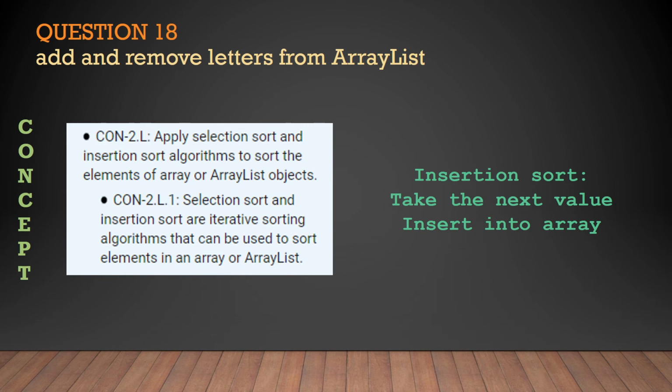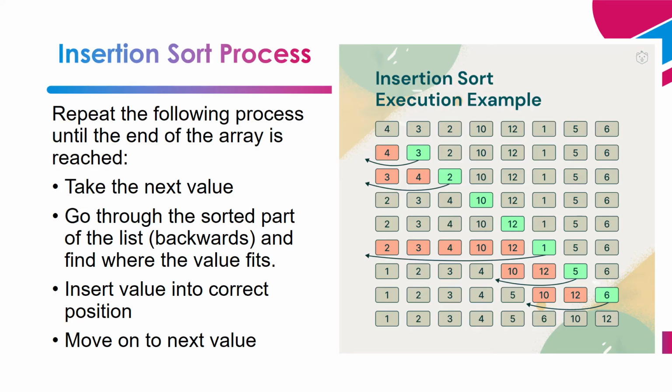Okay? So, Insertion Sort, if you remember, works by taking the next value and saying, oh, where can I put this? It searches backwards until it finds a place to put it, and then it will put it in there, right? So Insertion Sort is basically working backwards. Now, Insertion Sort doesn't necessarily know where it's going to end up. So it can't use a for loop, because a for loop kind of knows where it's going to